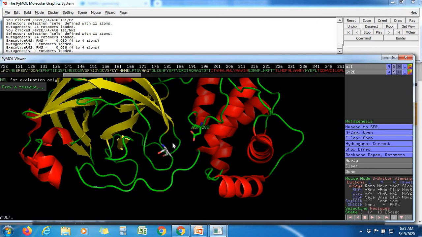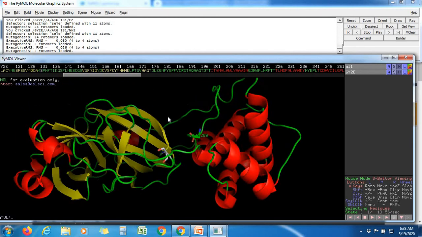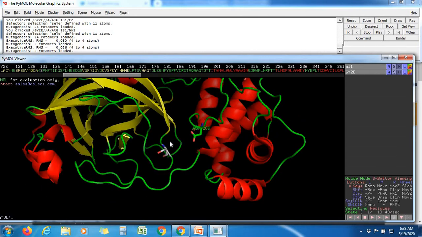So this is how people see the mutations, which way the amino acids can go. Now this serine may make other interactions with other parts of the protein, but it is not going to do anything near the aspartic acid. So this is how people do the mutations, and after that you can click on done, and the mutations are there.